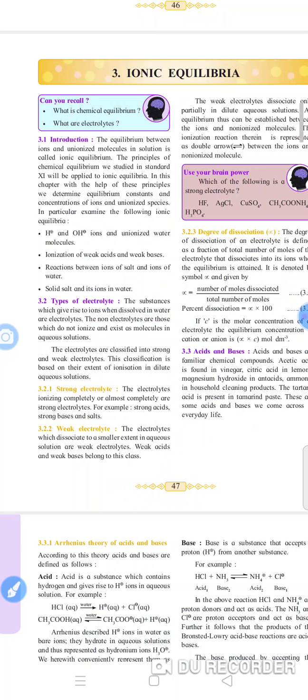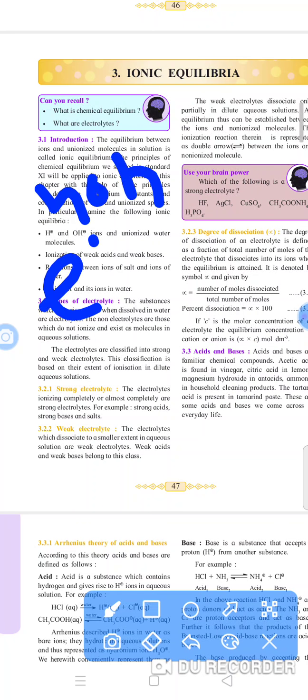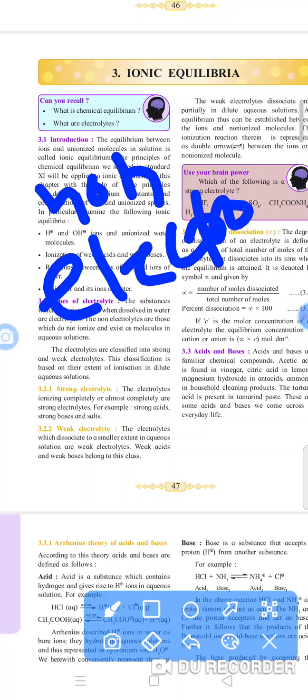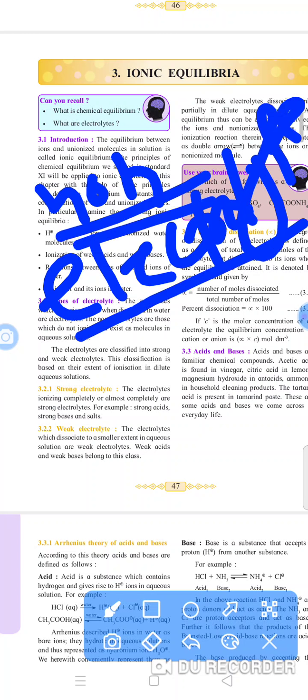And what is a non-electrolyte? There is no question, but I want to tell you about non-electrolytes. What is a non-electrolyte? The substance which does not give rise to ions when dissolved in water is called